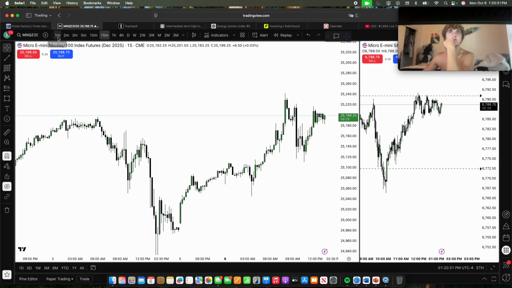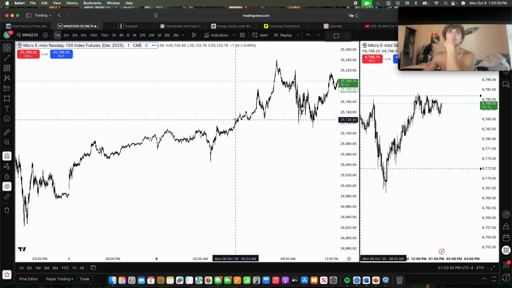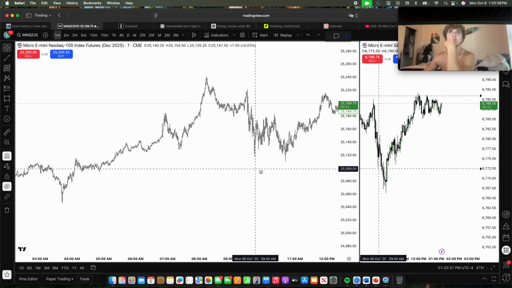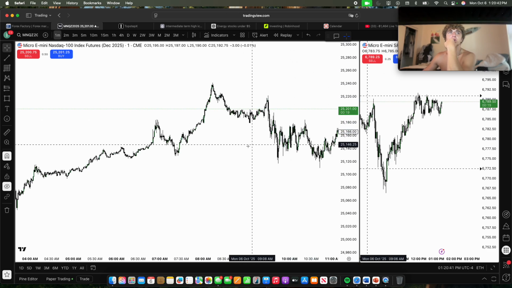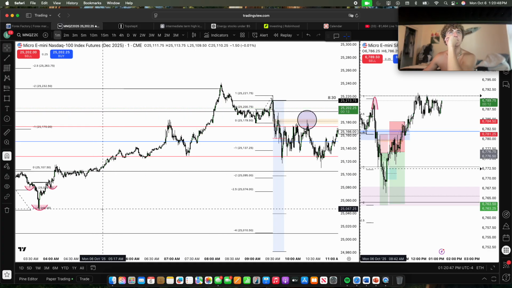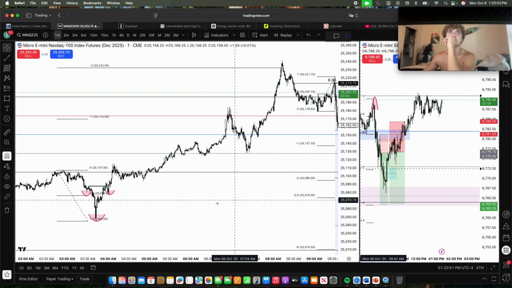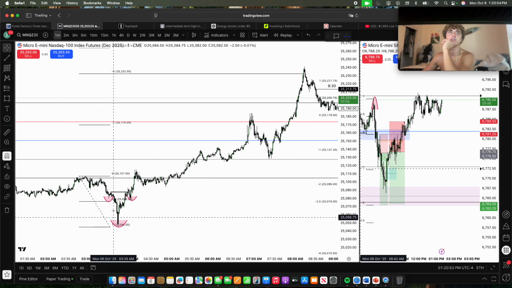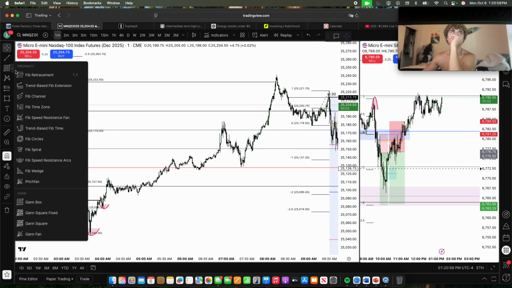Then let's just get straight into market open. I kind of want to go over something I've been going over: standard deviation, as well as intermediate term highs, intermediate term lows, all of that type of jazz. And this is a great example. So when I was looking at Asian session, I was like, okay, where is this manipulation leg that took us into the buy side? We could argue that it's over here.